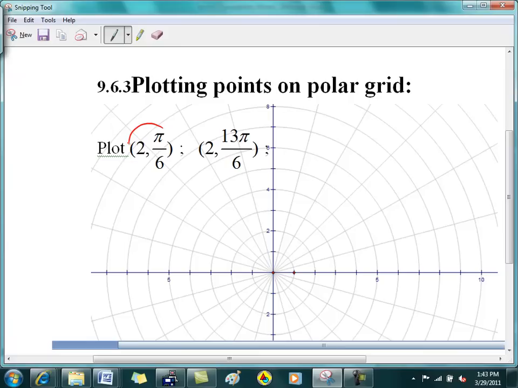So let's say I want to graph this point, 2 comma pi over 6. So what you're going to do is you're going to start out from the positive axis, and since the angle is positive,